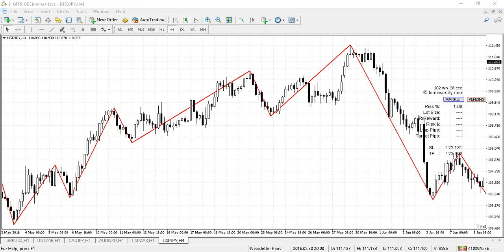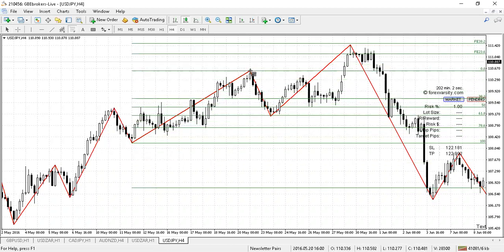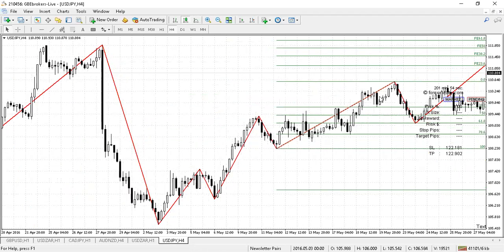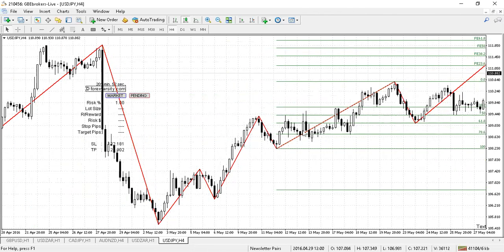I just want to go through a technique that you can use for placing your stop loss in a trending market. First of all, we all know about our ABCs and finding higher highs and higher lows and getting the trend, etc. And then you'd obviously want to place your Fibonacci and go through all the things that you were taught on the course. Basically, as and when you find a decent trade setup and you want to enter a trade, one of the things you're going to need to know is